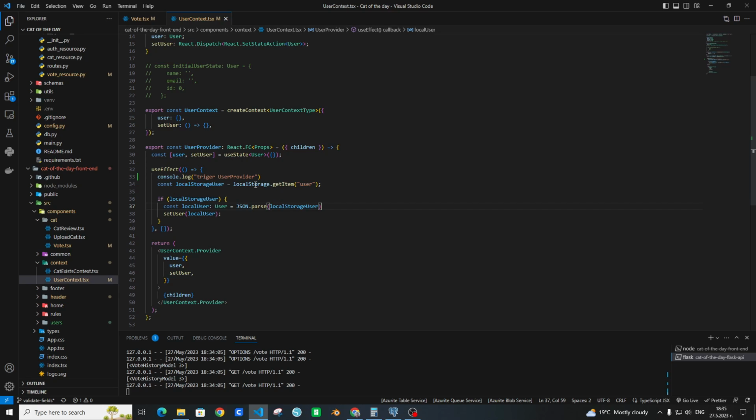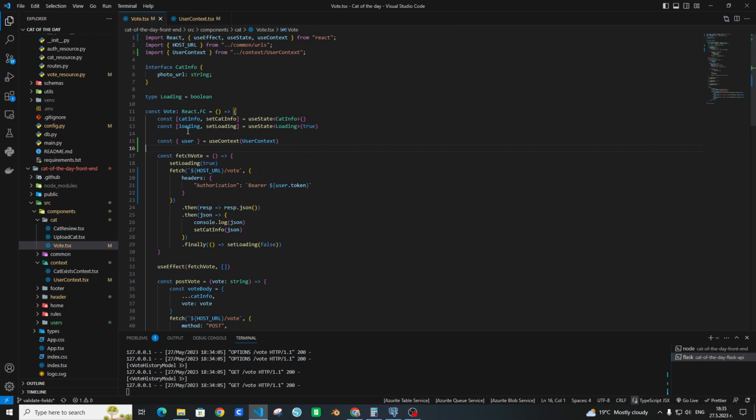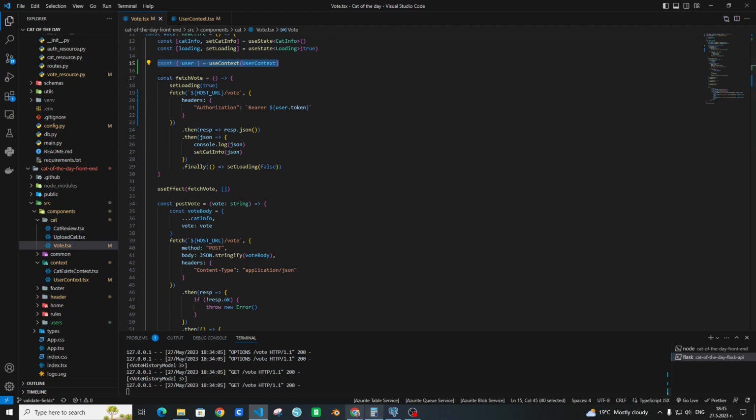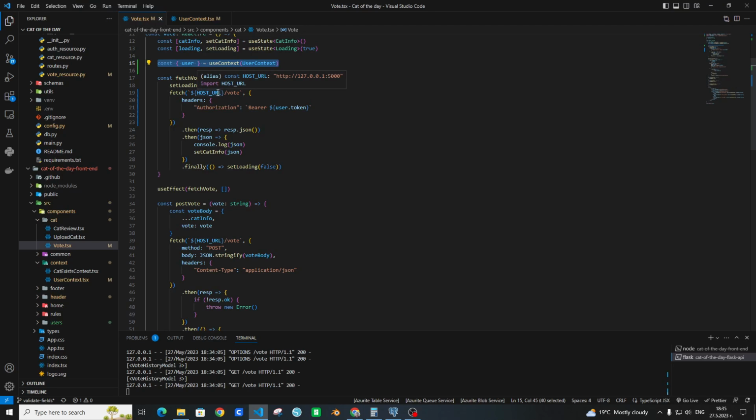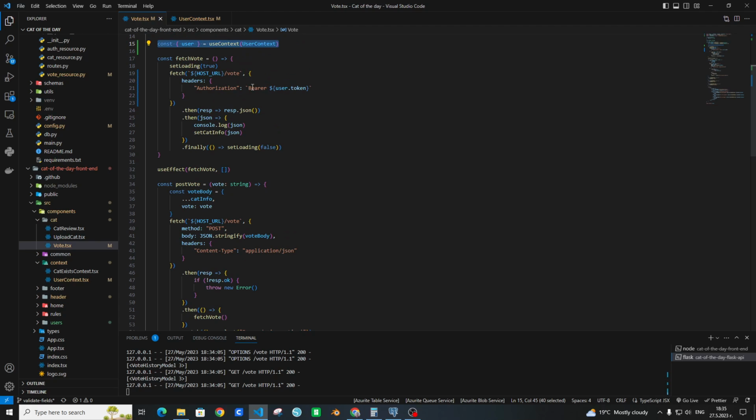It is getting the user from the local storage, and if there is a local storage, it sets it on the context. So I'm taking this context here in my component which you see here, and I'm sending the token to the backend.